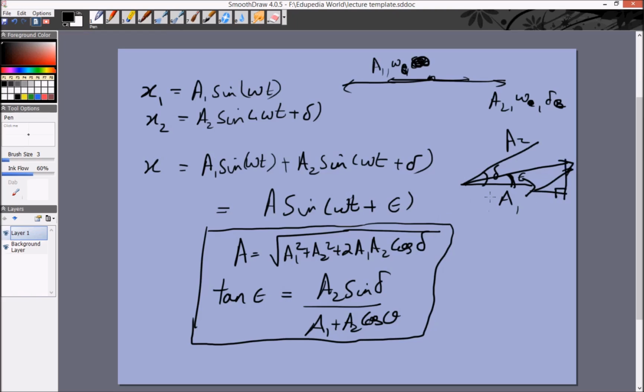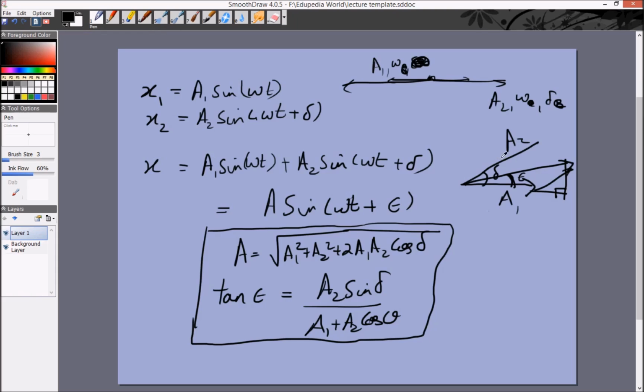We've seen this before, right? So this is a really nice way of remembering it. Whenever you're adding two SHMs in the same direction, or even more than two SHMs, if we are adding 5 SHMs, then if we draw vectors corresponding to the SHMs with amplitudes denoting the magnitude and delta denoting the direction, then the sum of those vectors will give us the resulting SHM.